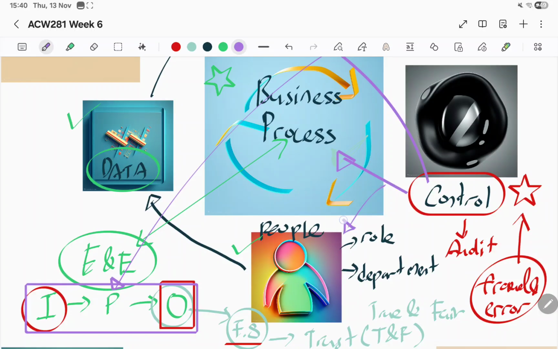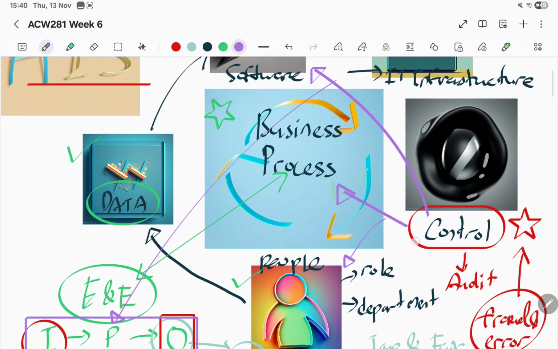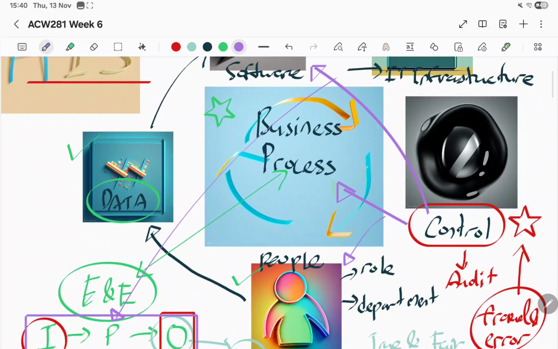You want to prevent the person, the control on this and this. These two components, the business process and the person, you want to control this as well. So in your process, in recording certain things, you might need certain person to authorize. For example, before the sales order can be created, it must be authorized by someone. But sales order not really, purchase order. Before a purchase order, because when a purchase order is being raised, it means that,